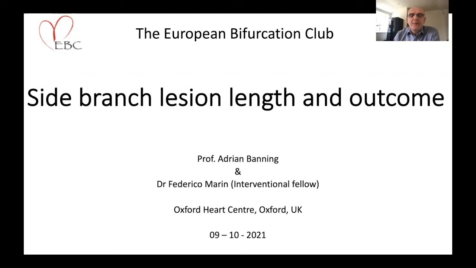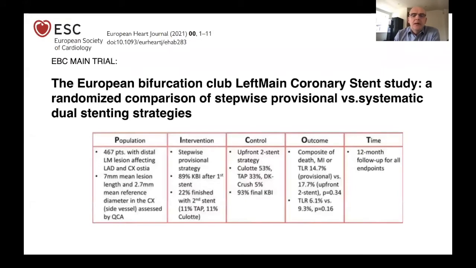Today, I'm going to talk about side branch lesion length and outcome from the EBC Main Trial. Hopefully, this audience are familiar with this trial. It was published in the European Heart Journal last week, but presented for the first time at EuroPCR by David Hildick-Smith in May. So this was a trial of 467 patients presenting with left main disease, which affected both the